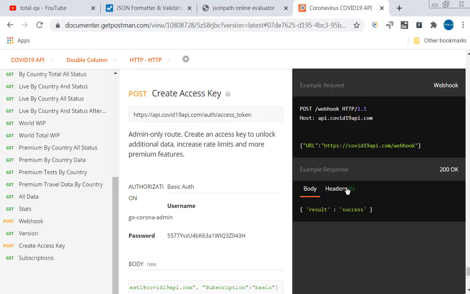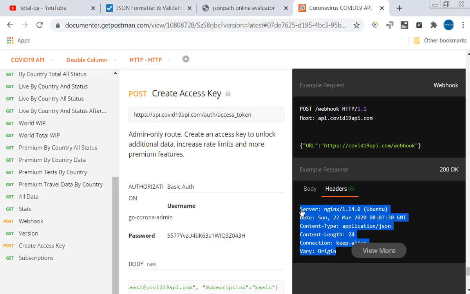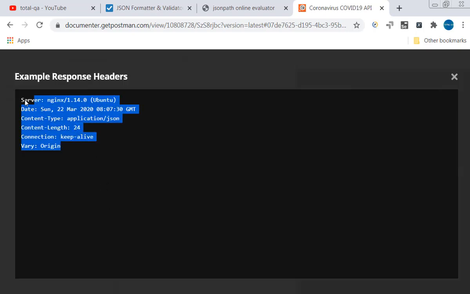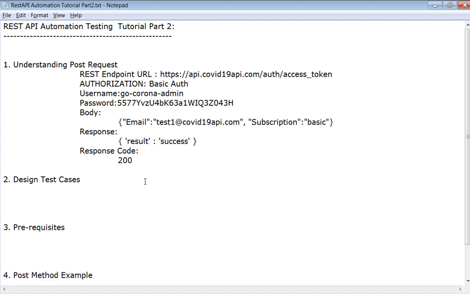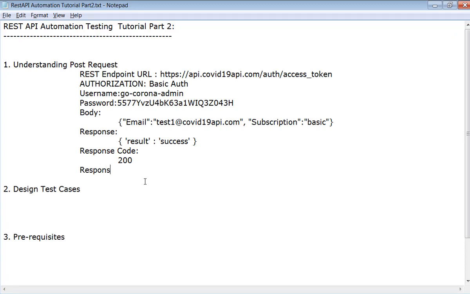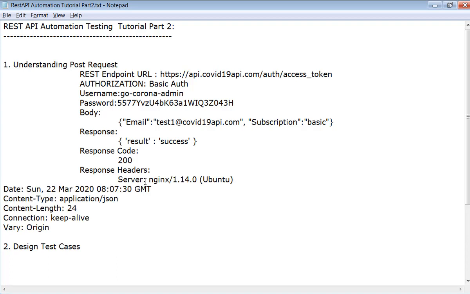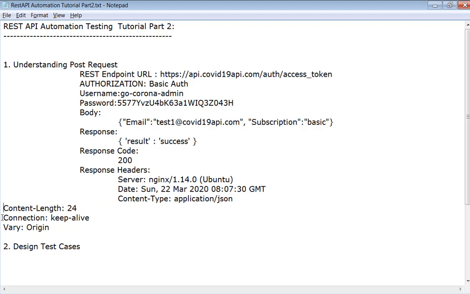And we get these headers as an outcome, the response headers. Let me copy them and keep them here, and add some tabs so that it is easy to understand the headers.